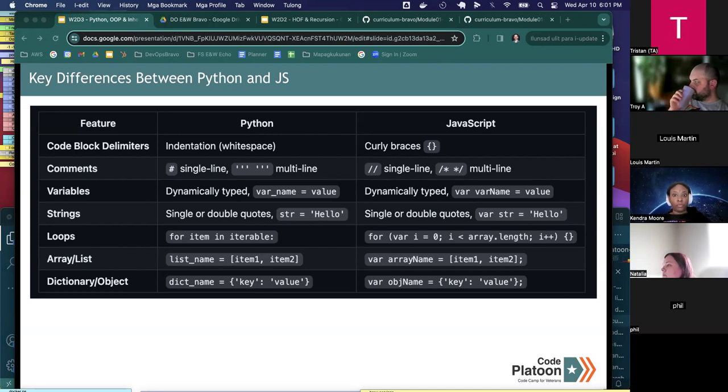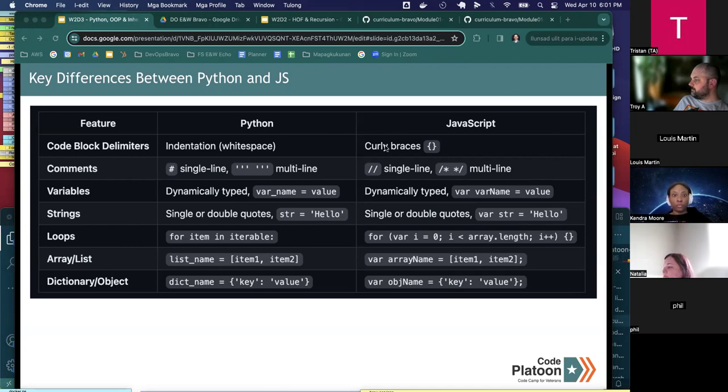In JavaScript, we use curly braces, but in Python, we have to use proper indentation. So you need to be mindful of how far you indent, especially when you're looping or using statements or creating